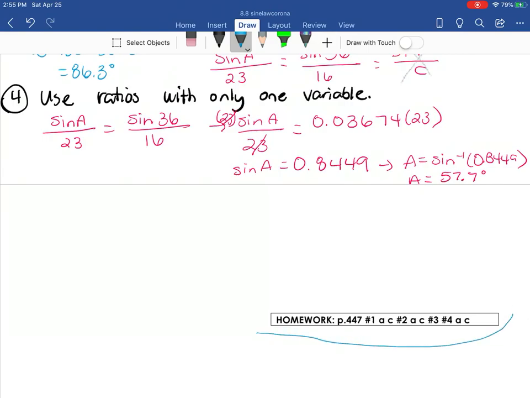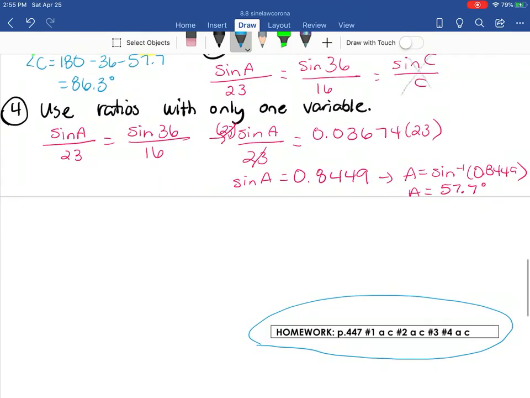You can certainly do ratios again and use the sine law, but you can also make your life a little bit easier. Okay, so there's the homework. There are no word problems yet. We're going to do those on Friday. So please try to practice with this. Really, one of the hardest things about this is using your